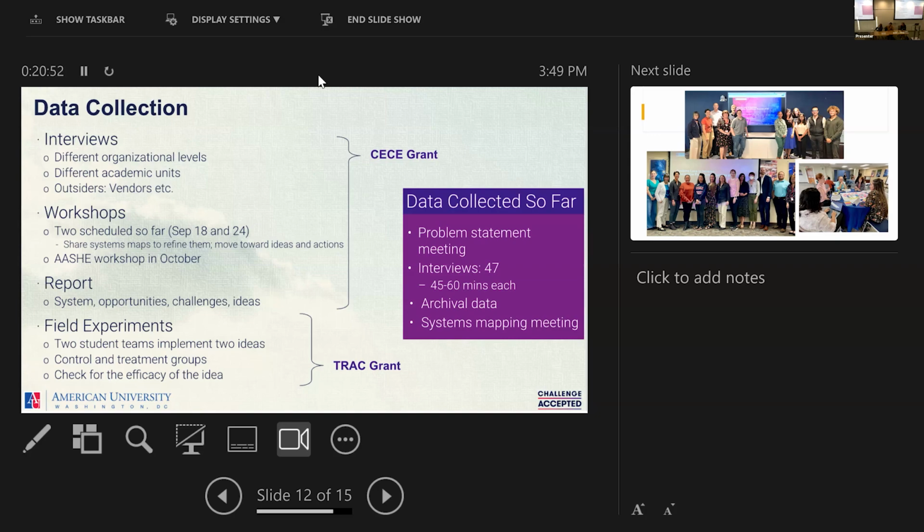that different perspectives were represented, thinking that this idea of sustainable purchasing, we're really conceptualizing it as a system here at AU that everyone has some stake in and some valuable perspective on for our research. Over the course of about a year, we conducted 47 interviews with stakeholders all across AU, really valuable insights there. But we didn't stop there.